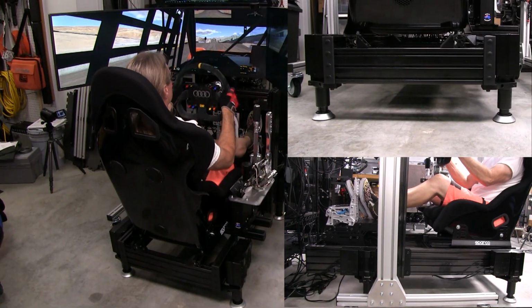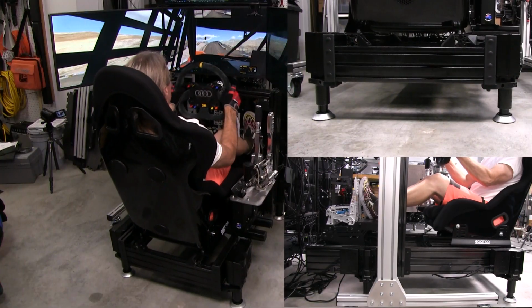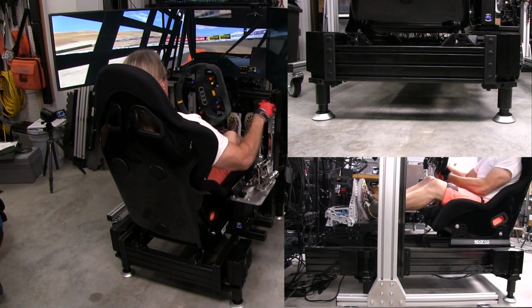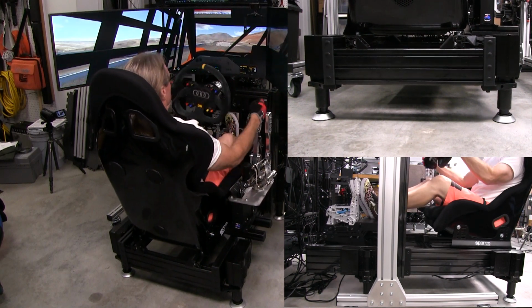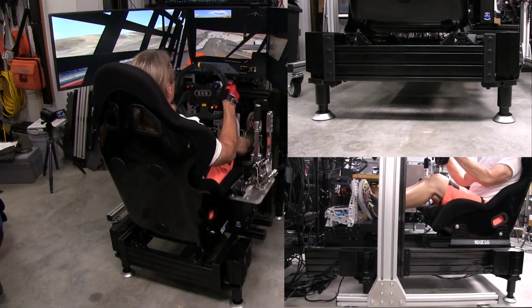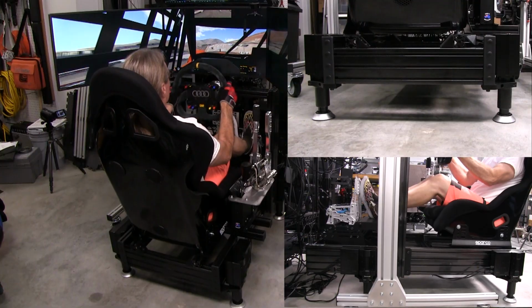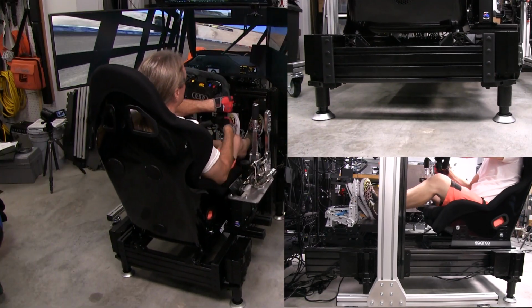D-Box did well here as far as the timing and being able to tune it to where I felt I was feeling what the truck was doing and controlling the truck based on what the data my body was receiving from this motion system. So again, D-Box is meeting expectations here that I would have for a D-Box system, being a mature system that they have. Yeah, it just gets the job done. But again,